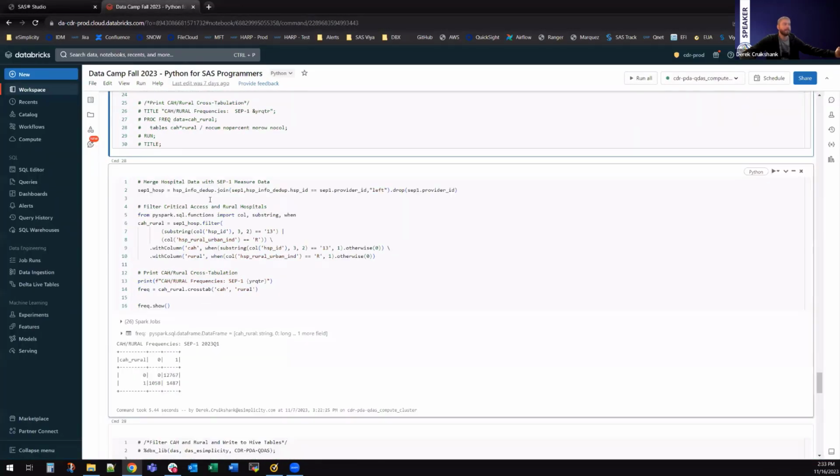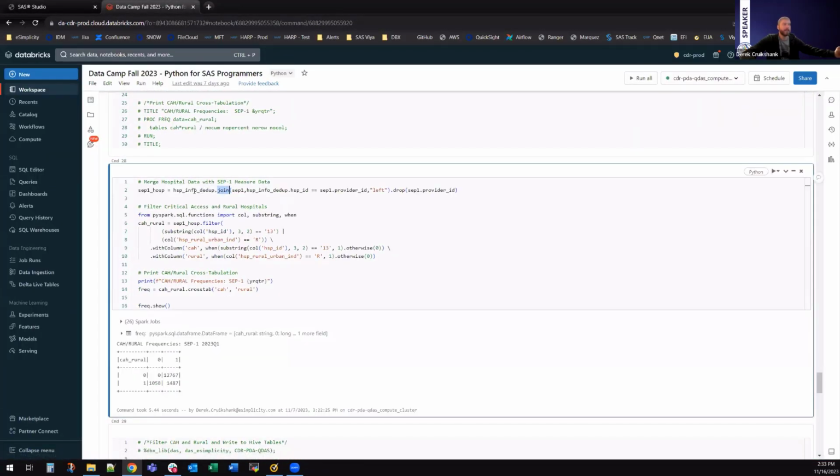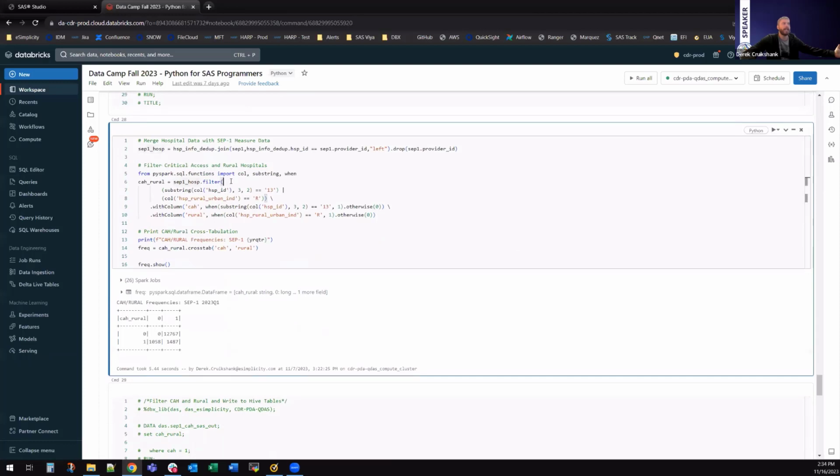On the Python side, here is the same thing. We are joining our hospital information data, it's deduped, with our sepsis measure data. We're joining it on hospital ID, provider ID. We're doing a left join, so we're keeping every observation from the hospital data. And then we're going to go ahead and filter, again, where it's either a critical access hospital or a rural